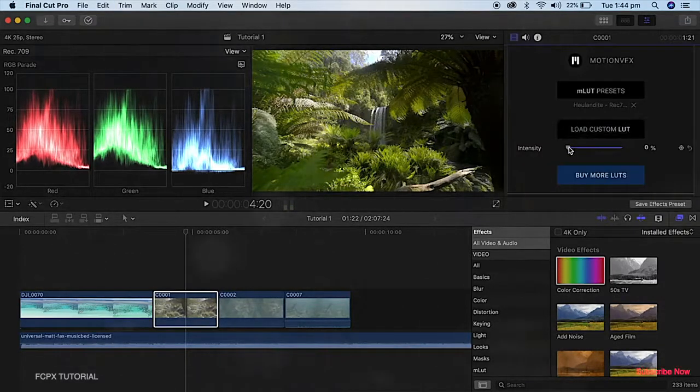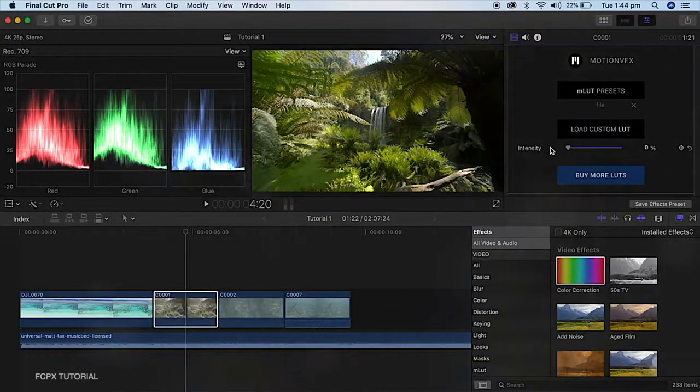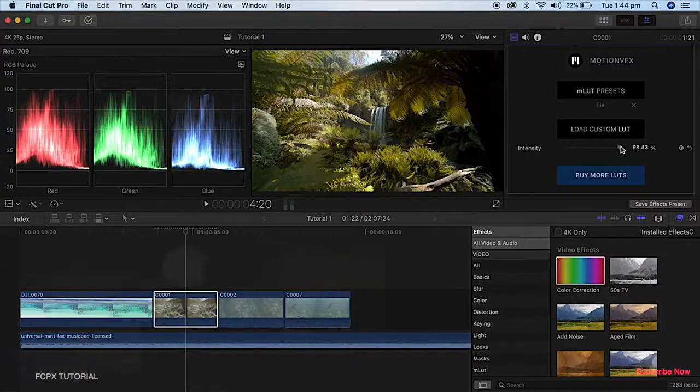So you can see here that I'm using this plugin MLUT, which allows me to import my LUT to Final Cut Pro. And I can just adjust the intensity here to see how that LUT goes. So you see how it's just made it really, really teal and orange. So if you're going for that look, there's definitely the option of using LUTs to color grade. Personally, for this shot, I wouldn't use a LUT because I like the look of the natural greens here, but if you're going for a teal and orange vibe in your edit, then you can definitely just chuck on a LUT and just play around with it. It definitely still looks good. But yeah,